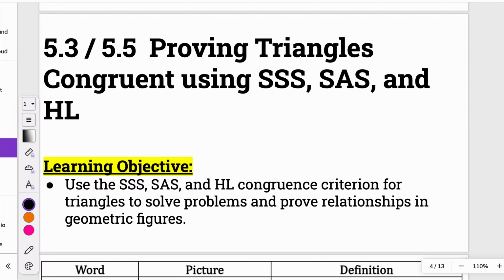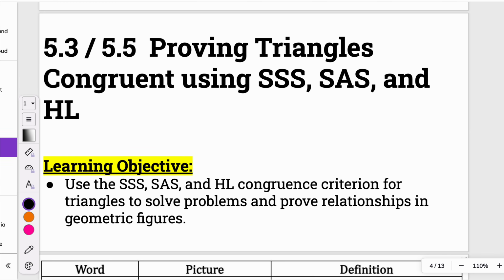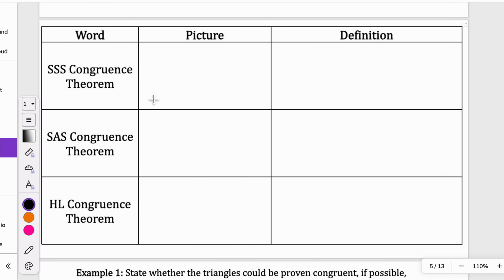Today we're going to be looking at two lessons put together in one. We're going to be looking at 5.3 and 5.5 from the Reveal Geometry textbook, proving triangles congruent using side, side, side, side, angle, side, and then the hypotenuse leg congruence theorem. So we will look at those criteria to decide if triangles are going to be congruent and then also solve problems using those things. The first thing we have to write down are all of the definitions and